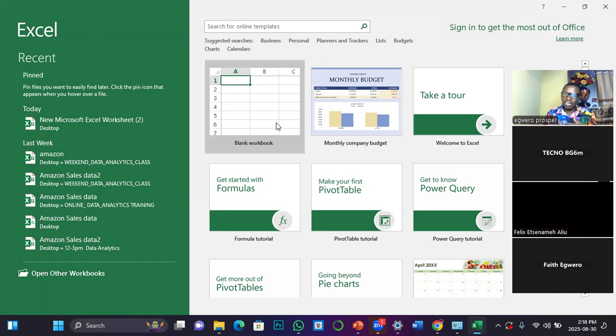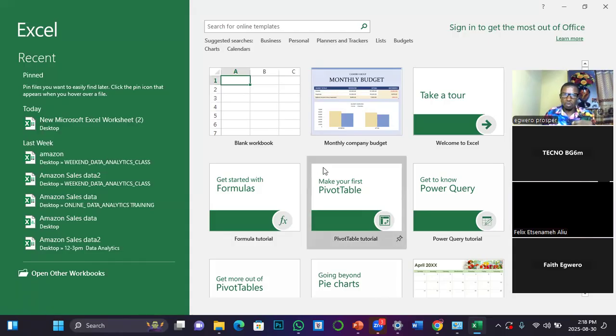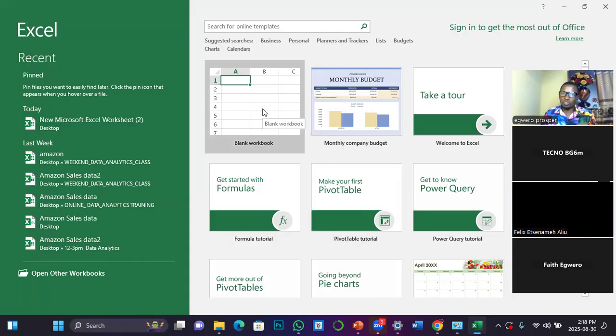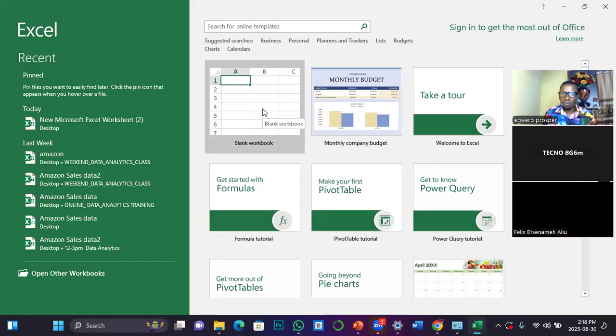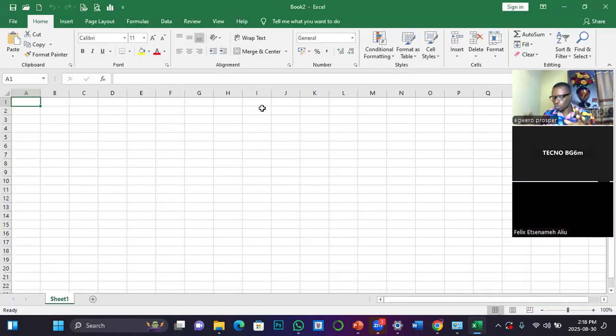Remember when I started, I said Excel is an office application primarily used for data collection, data manipulation, and performing basic and advanced calculation. So I'm going in with a blank, which means it's going to give me an empty workbook where I have no data entered or pre-entered. So I'll click on it, and that brings us to the Excel workspace.